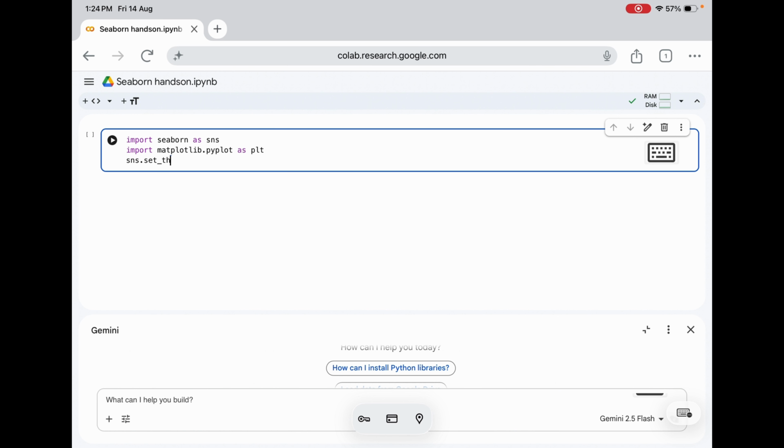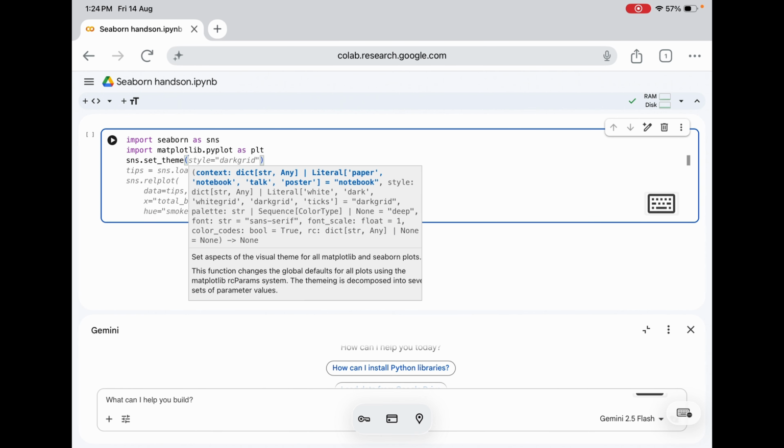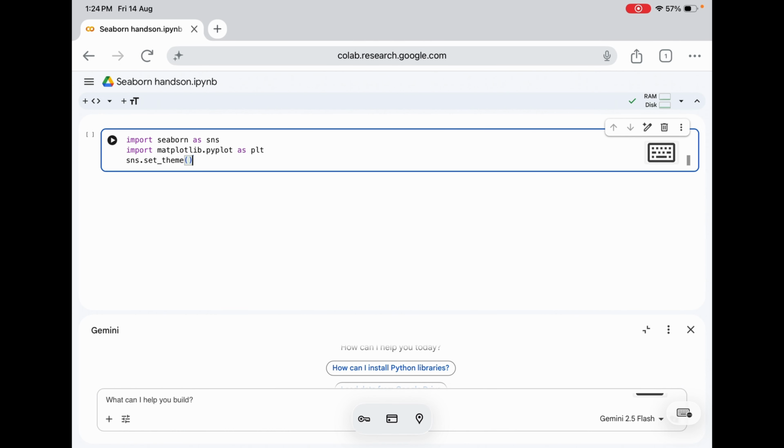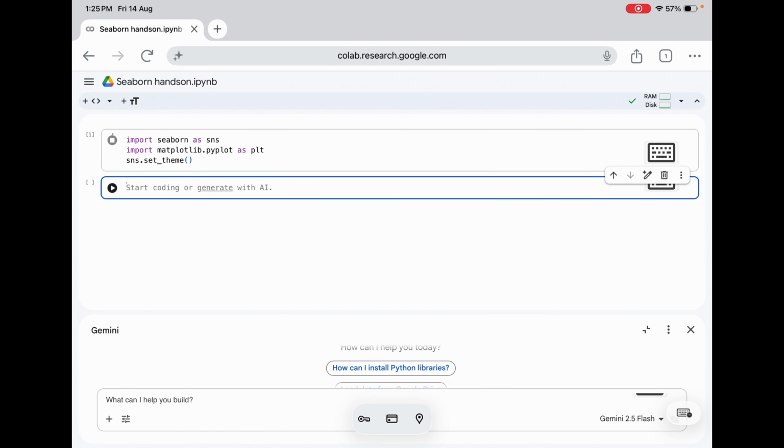You can set multiple themes. It could be dark, it could be any theme. Let me use style equal to whitegrid or darkgrid. For the time being, let's just keep it blank so that it uses the default. So let's try to run it. It is still getting connected. In the meantime, let us know